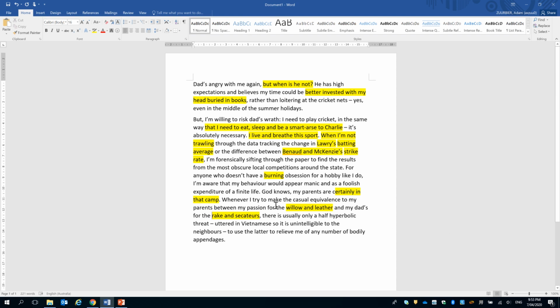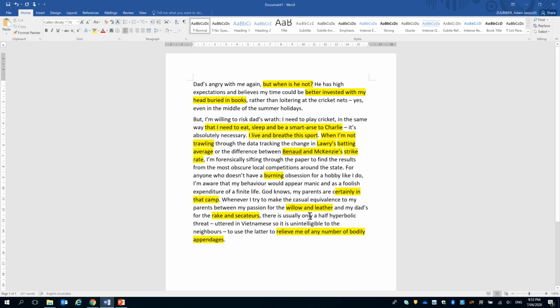So he's saying there he tries to make the equivalent sometimes of his parents between his love for cricket and his dad's love for gardening. And when he does that, there's usually only a half hyperbolic, meaning half serious, threat, uttered in Vietnamese, so it is unintelligible, meaning that the neighbours can't hear it. To use a ladder, meaning the secateurs, to relieve me of any number of my bodily appendages. So relieve me of, meaning to cut off, his fingers or his toes or something like that,